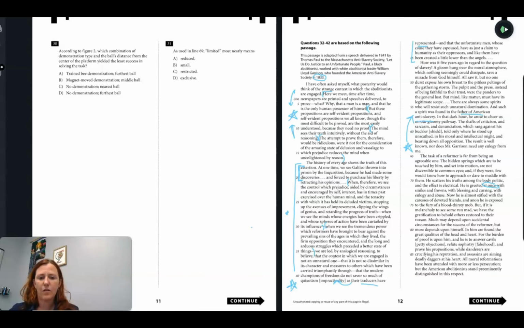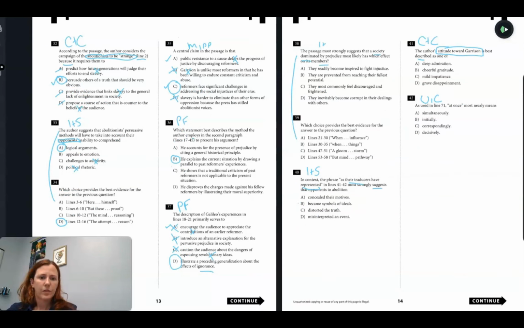So I'm inclined to think it's A over B. So I'm going to go ahead and, wrong button. I'm going to go ahead and get rid of B. Let's look at C and D, 47 through 51, and then 53 through 58. So 47